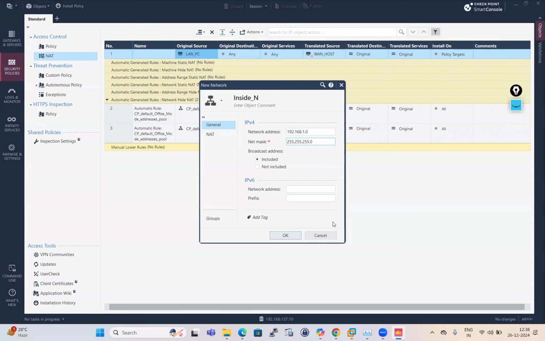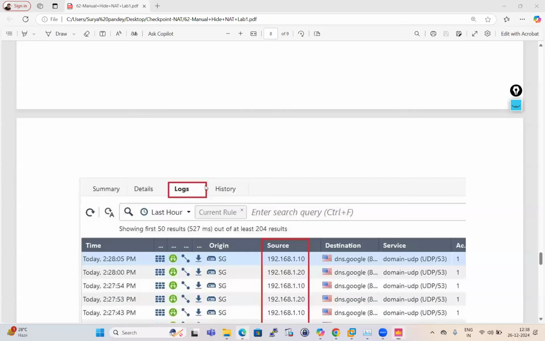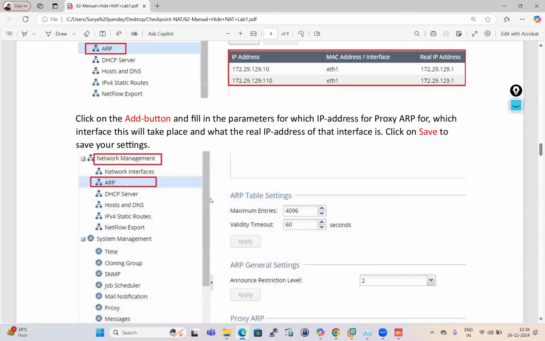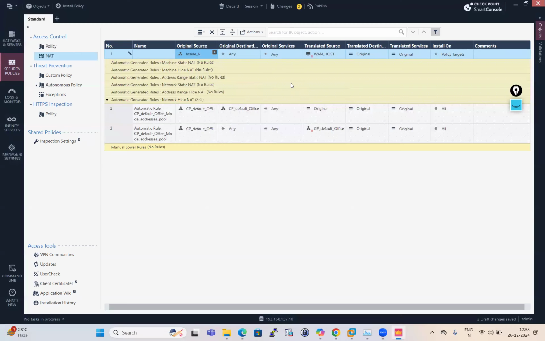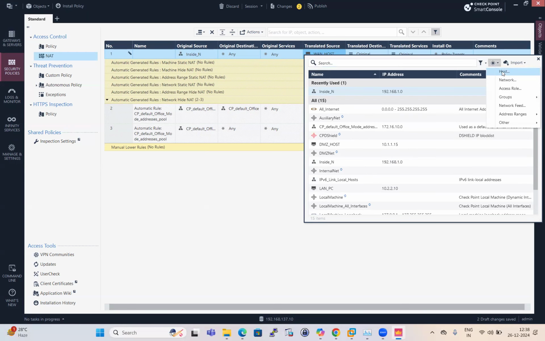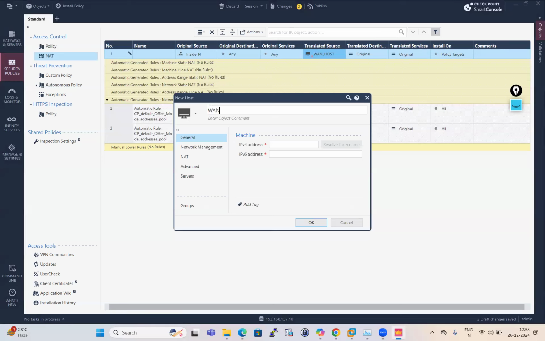Okay. So this is our inside PC subnet. So all our inside PCs, the internal PCs, are in this subnet range. Okay, 192.168.1.0 as per this topology. This one. And for example, for the translated source, just create one host for that range, whatever is mentioned in our document. So just create, for example, a WAN host,